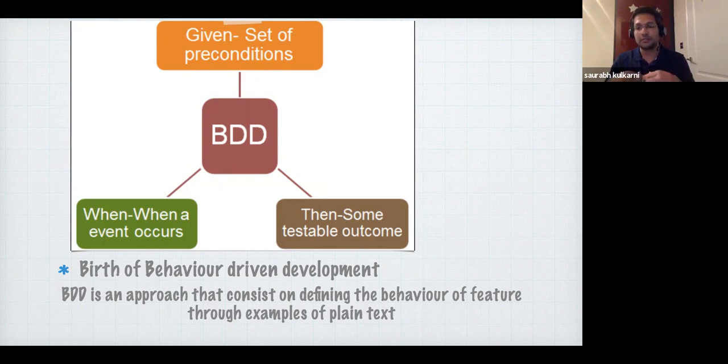So what is BDD? It's behavior driven development. What do you mean by behavior? The behavior is being defined by the business. If I have to give you an example of a behavior, suppose there is a business requirement that a person should be able to drive to a house where a family lives.